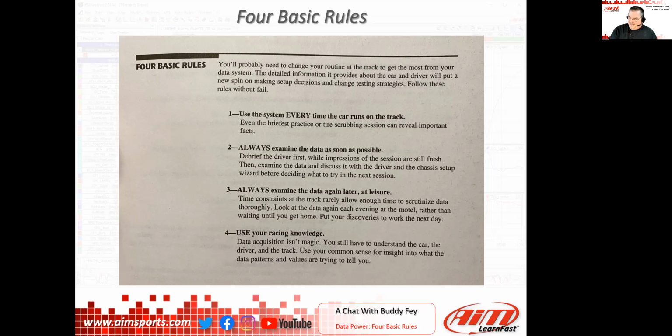So on the driver versus the car thing, you mentioned video. When you first started, video maybe wasn't as available as it is today. If you're out there doing data work, is data a big piece of what you would do today? Do you look at the data first and then the video to back up something you see, or do you work with the video first and then go into the data to find it, or is it the team and the driver you're working with that drives you?